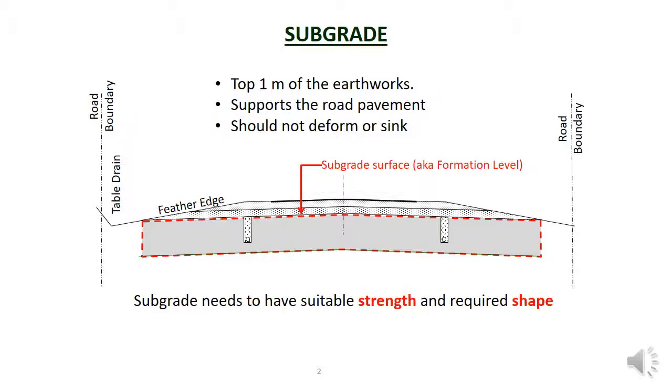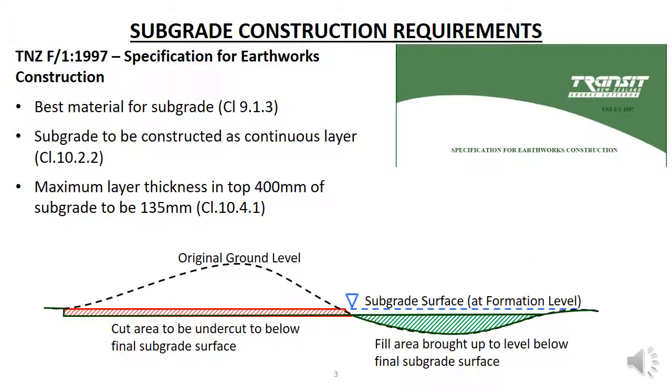Another reason for having the subgrade the same shape as the road is so that the subbase and base course layers, which are laid above, are consistent thickness, which makes them easier to lay, compact, and shape. The requirements for the subgrade are set out in sections 10 and 11 of TNZF1. It is worth reading this section in both the specification and the notes, as there are a number of requirements pertaining to the subgrade. Some of the most important are: